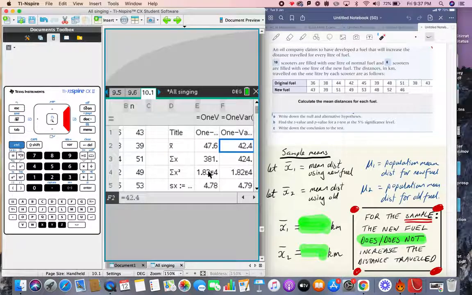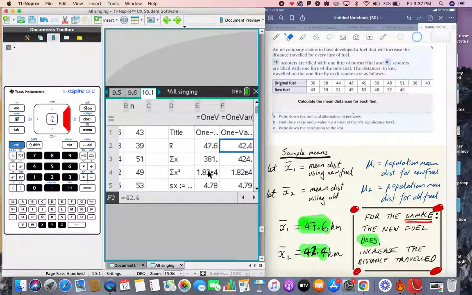All right, so we're going to transfer that down to the iPad now. So for x bar 1, the mean for the sample, and that's using the new fuel, that's 47.6 on the iPad there, we'll put that in. And then for the old fuel, it's 42.4. Now that's great, because if you look on the right hand side of the iPad now, certainly for the sample, we can clearly see that the new fuel definitely does increase the distance travelled,